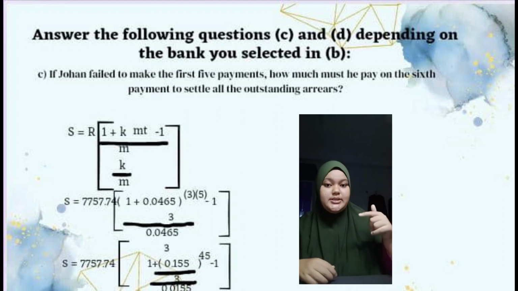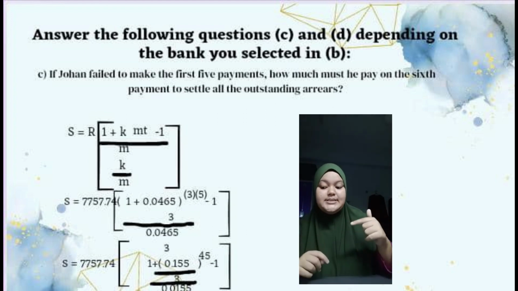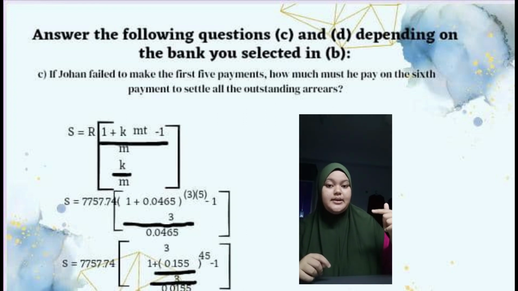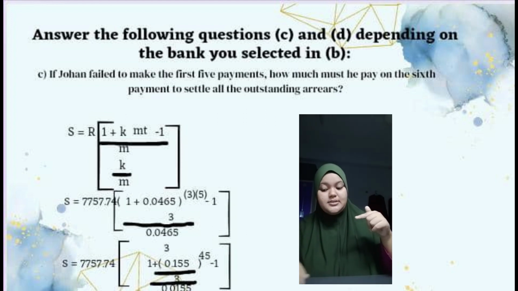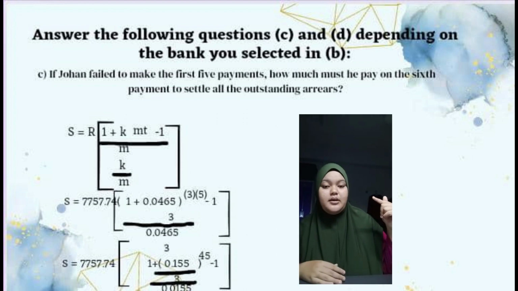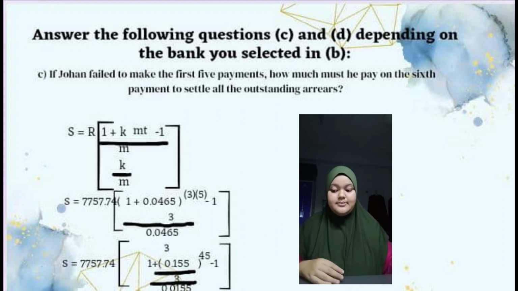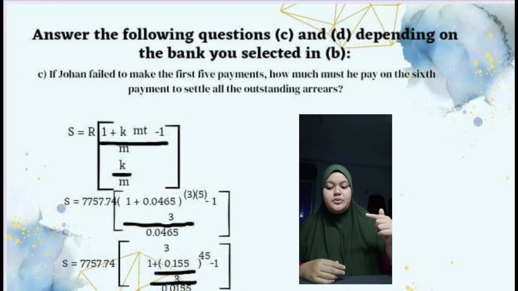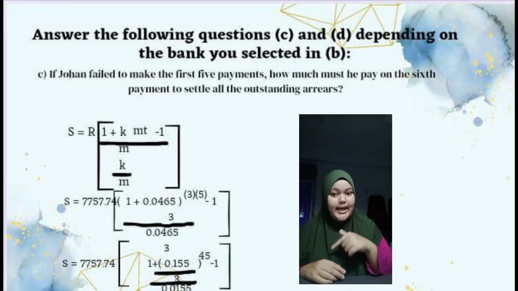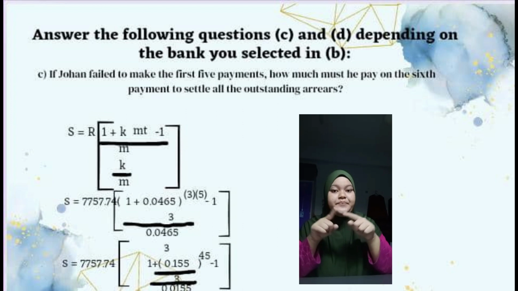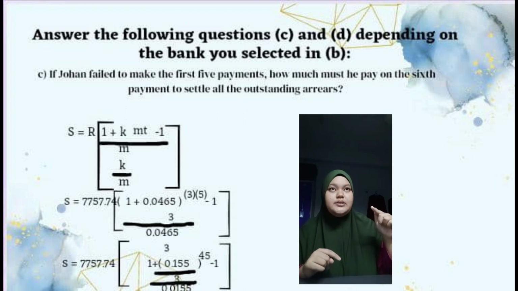So to answer this question, open the bracket, 1 plus 0.0465 over 3, close the bracket, 3 multiplied by 25 minus 1 over 0.0465 over 3. Back to S equals 7757.74, open the big bracket, 1 plus, open the bracket, 0.0155, close the bracket, 45 minus 1 over